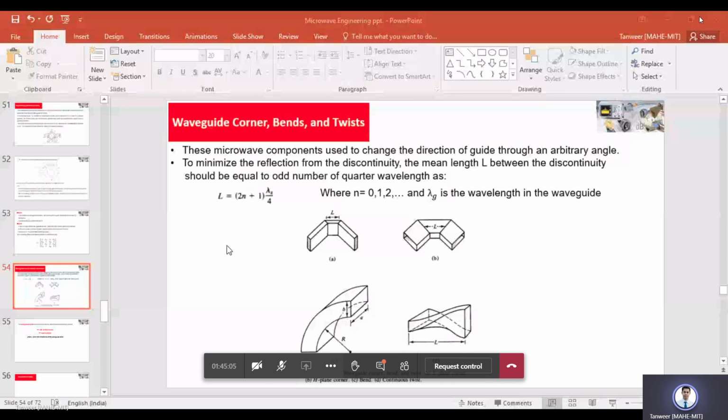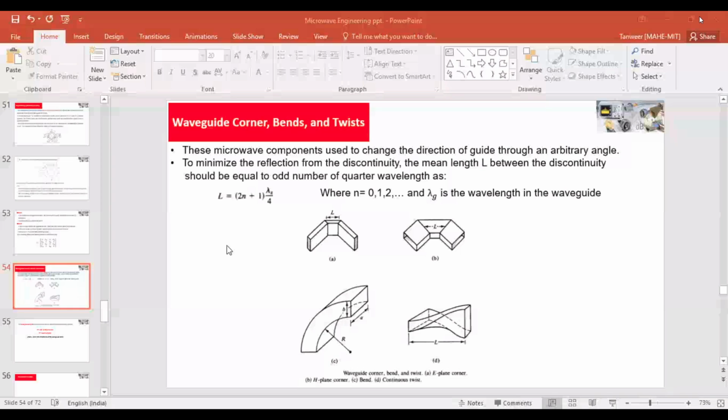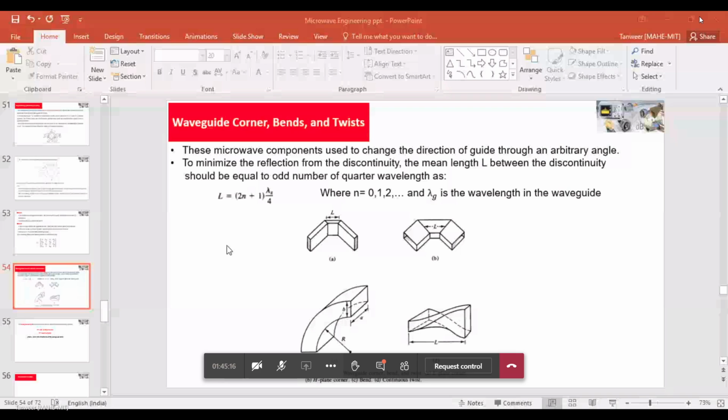So in the case when the ports are not matched exactly, the ports in any E or H, any of those, what kind of a phase difference will that introduce? Opposite phase generally. If it is not matched, I am assuming it is completely mismatched. If it is completely mismatched, whatever power you are giving, it is entirely reflected back. So whatever phase you are giving, the entire opposite of that will be reflected back.